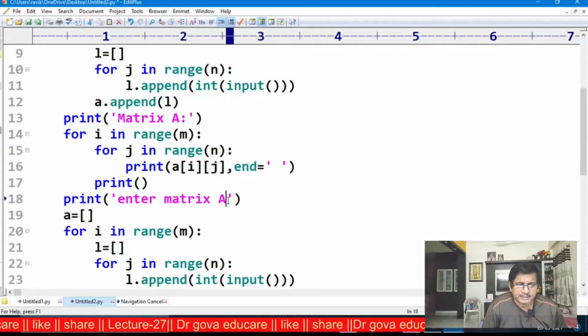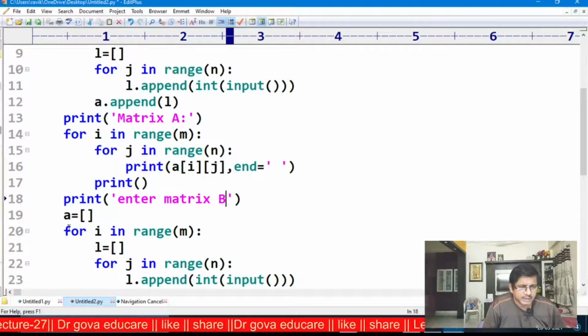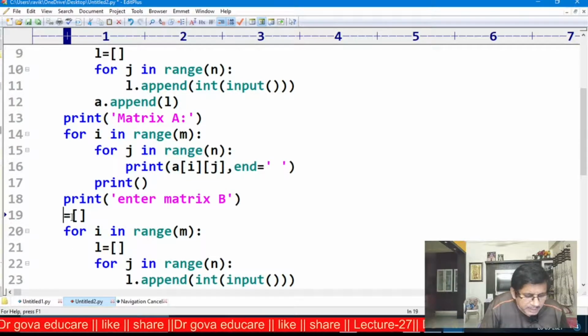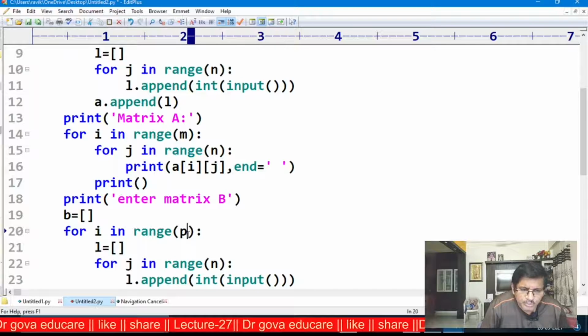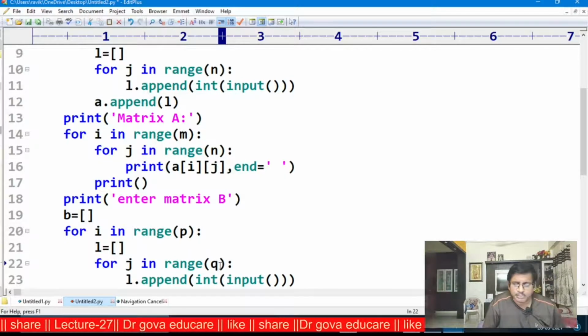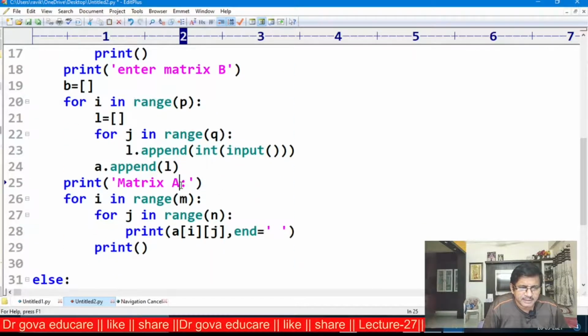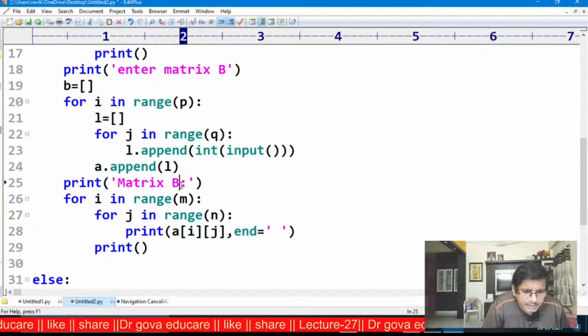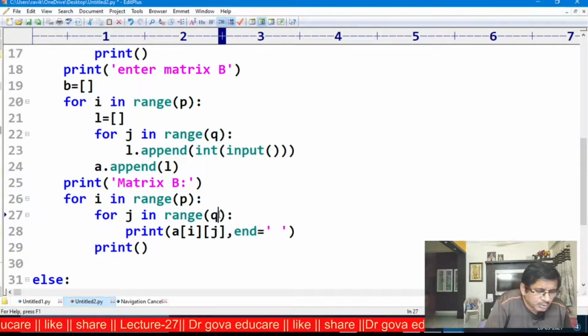Enter the matrix B. Now the dimensions here, I am creating an empty list B for the dimensions of B, P by Q. Now I am printing the matrix B. Also the dimensions are P by Q.